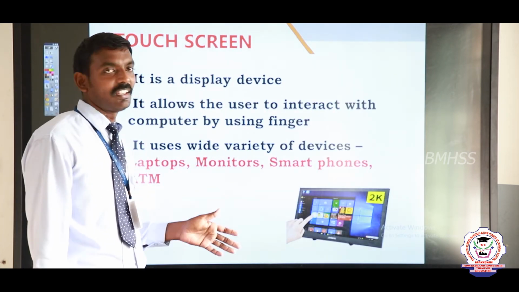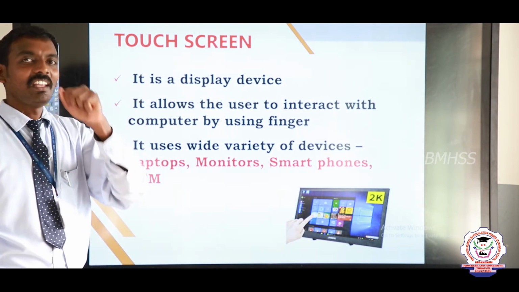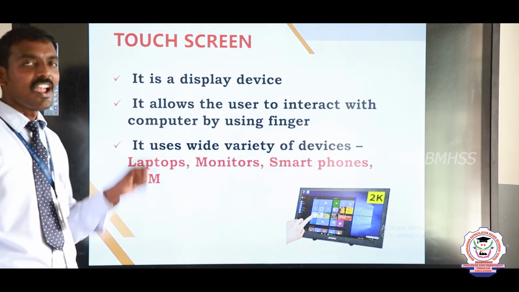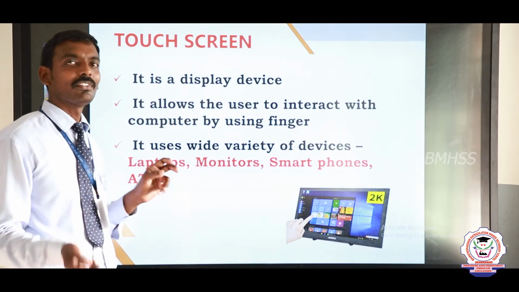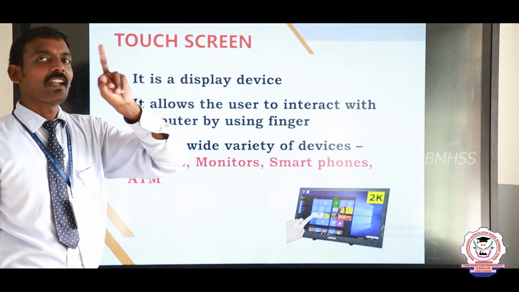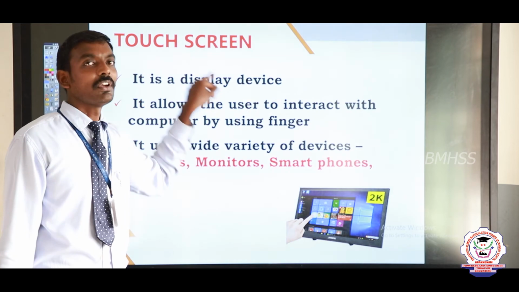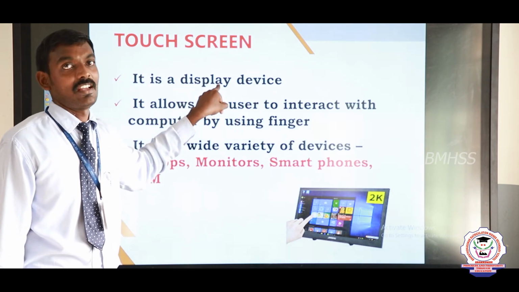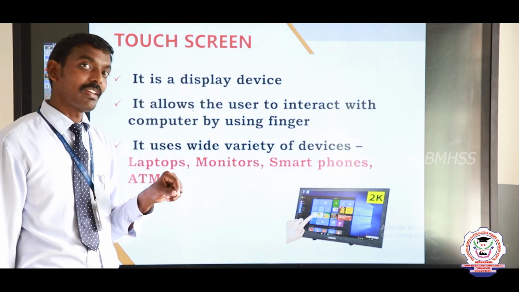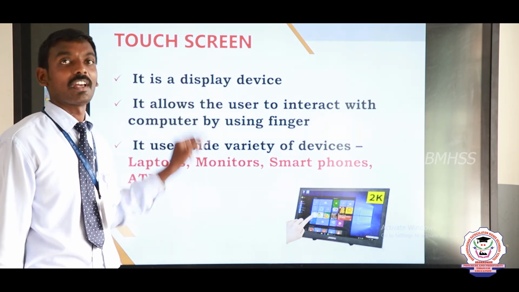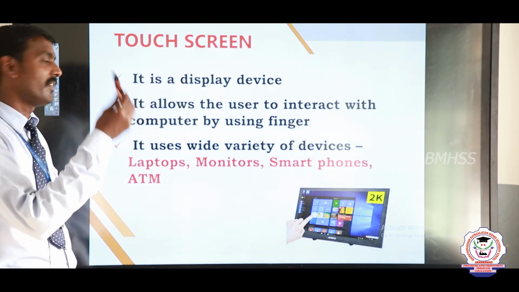Next, touch screen. Here this is the best example of a touch screen. Why is this the best example? I want to move the slide forward and back, and I can use my finger. My finger acts as an input device for moving forward and back, so here it acts as a touch screen. Then, if I want to write something, my finger is also used, and this light pen is also used. How does it work? Here we can demo.